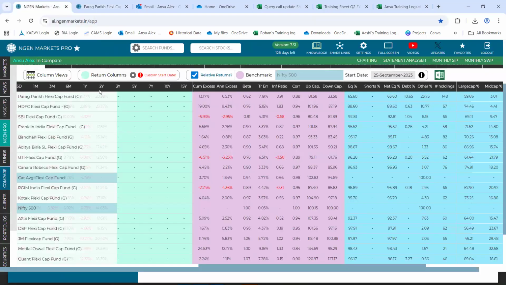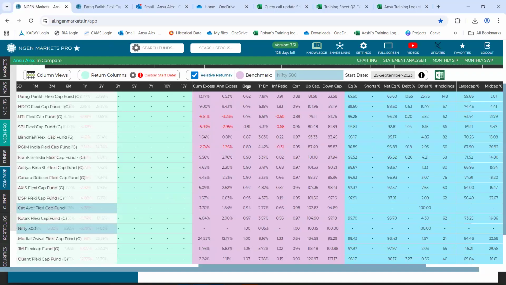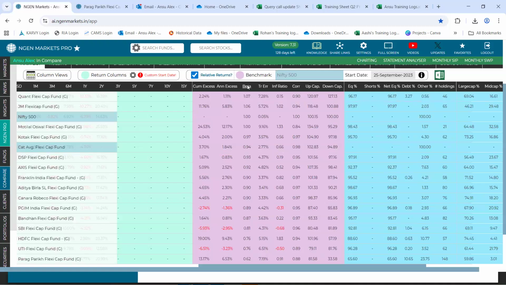Following up capture and down capture ratio, we will now be focusing on beta as a parameter. Beta lets us know how risky a fund is when we compare it against a benchmark. Beta of a benchmark with itself will always be 1, and a beta higher than 1 lets us know that the fund is riskier than the benchmark, while a beta less than 1 lets us know that the fund is less risky than the benchmark.